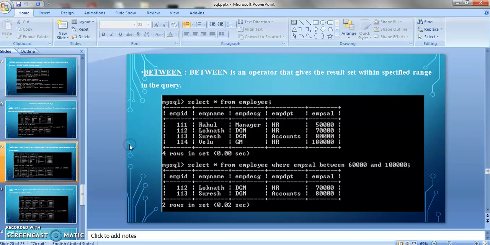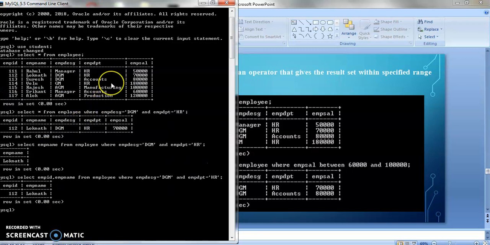Okay. Suppose I am using the same table, and in my query I want records of those employees whose salary is between 1 lakh to 2 lakh. As I can say, I want the records of those employees whose salary is between 1 lakh and 2 lakh. Okay, so I have to use between. There are two options, but I will demonstrate by using the between operator.